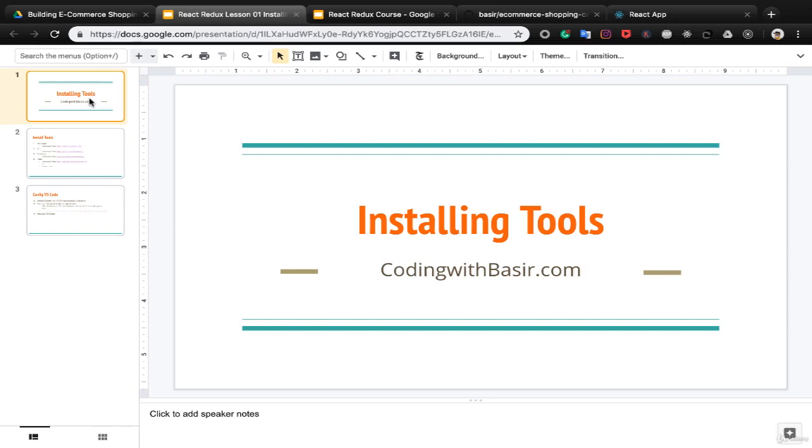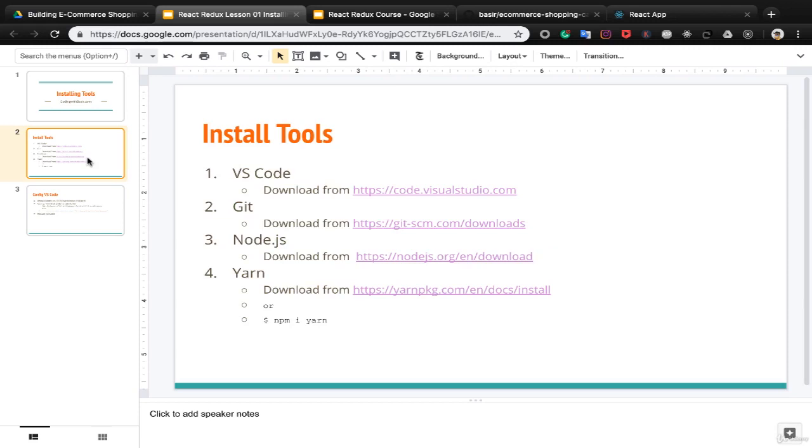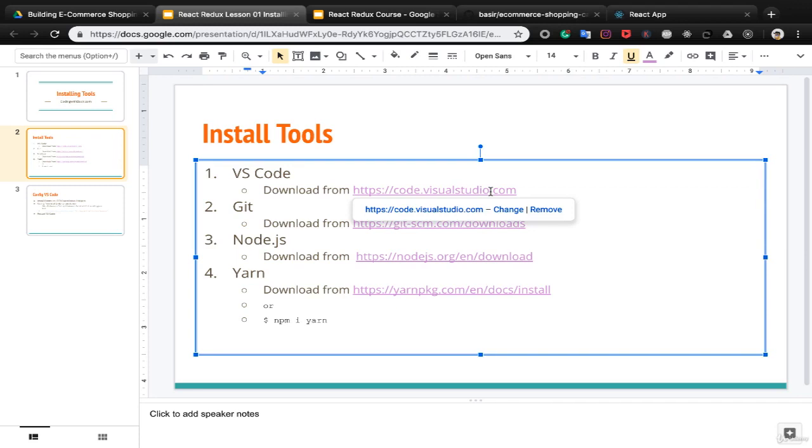Before diving into code, we need to install tools to develop our e-commerce shopping cart. We need 4 tools. The first one is VS Code, which you can download from this link and follow the instructions to install. Also, we need Git, which is a version control system. The third tool is Node.js, which you can download from this URL and install on your computer. And the last one is Yarn, which is a Node.js package manager, which you will need to work with